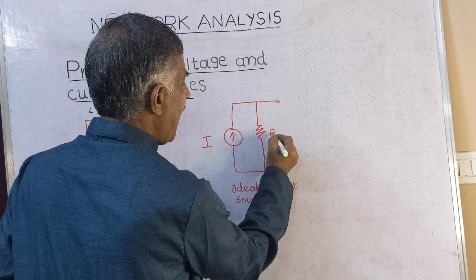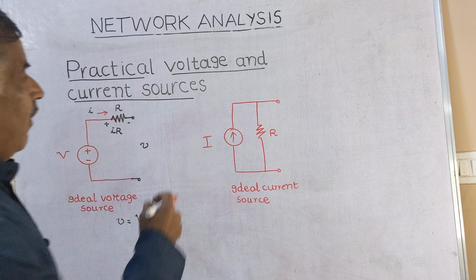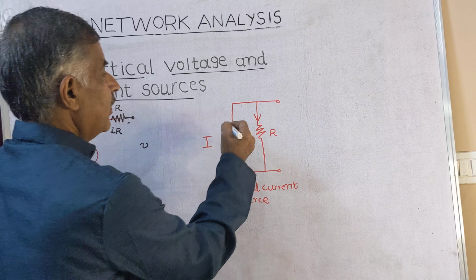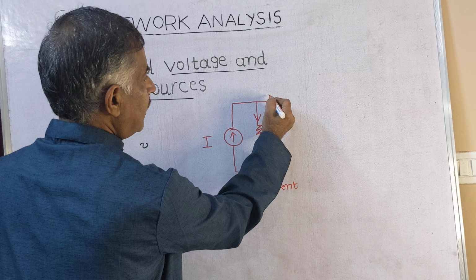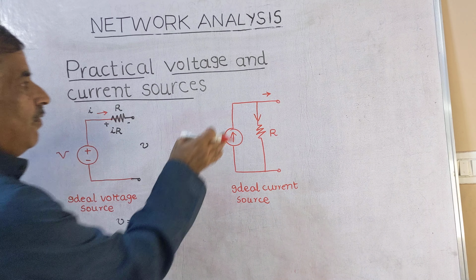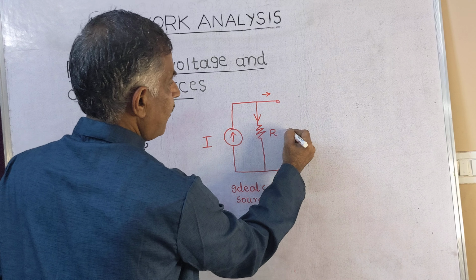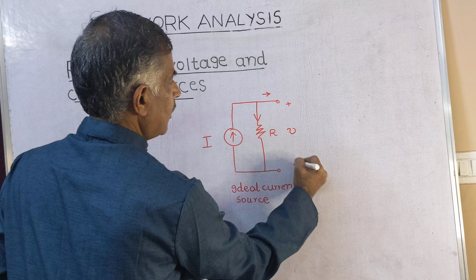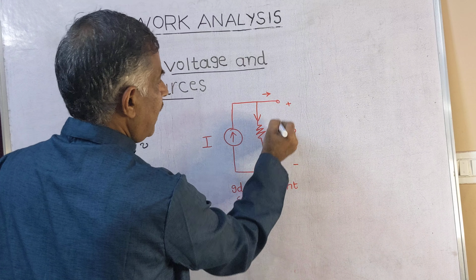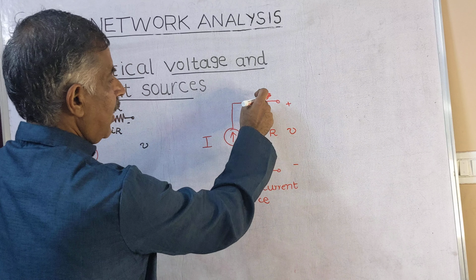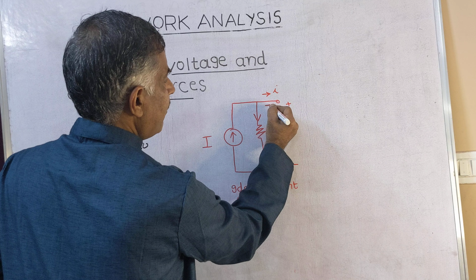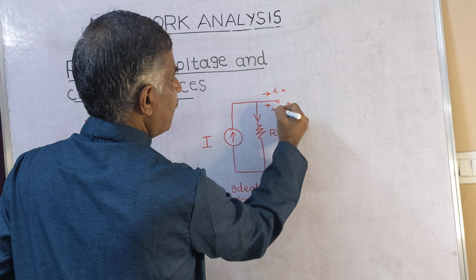If you connect a parallel resistance, then we have to account for some current through this resistance, and this current which is flowing here is, this current here is I, this current is this current minus this current. So that is i, this is i is equal to I